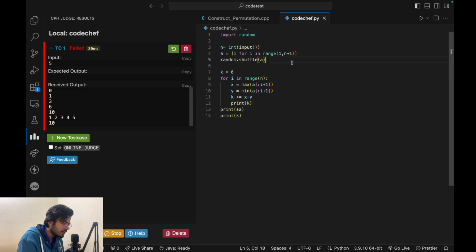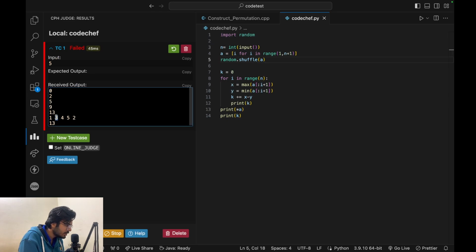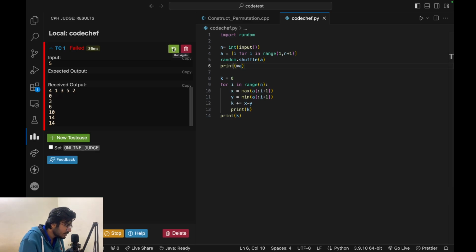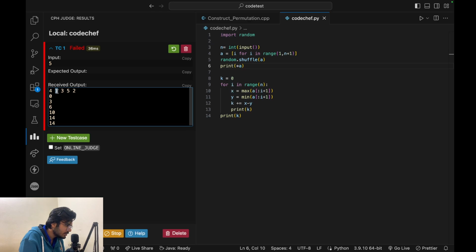Let's try to randomly shuffle this also. For 1 we had 0, then we got a new maximum. Minimum is constant. Let's again try to shuffle this. I think I will print my a before. Let's say we had 4, then for this range 4 was maximum. Let's say we have 4 1 3 5 and 2. Okay, so we have a 4, and can we add something like,